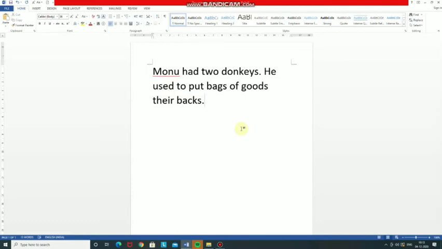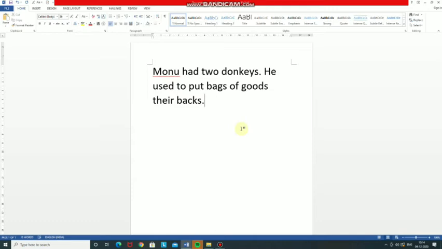Now the next topic is inserting and overtyping text. Sometimes you may want to insert text, that is, place new text between existing text. You may also want to overtype or replace old text with new one. Overtype means replace old text with the new one. So, before inserting or overtyping text, you should always check whether the insert or overtype mode is selected on the status bar or not.